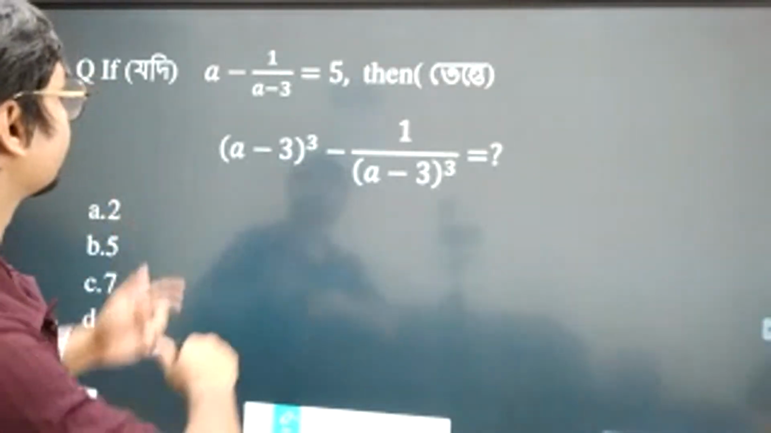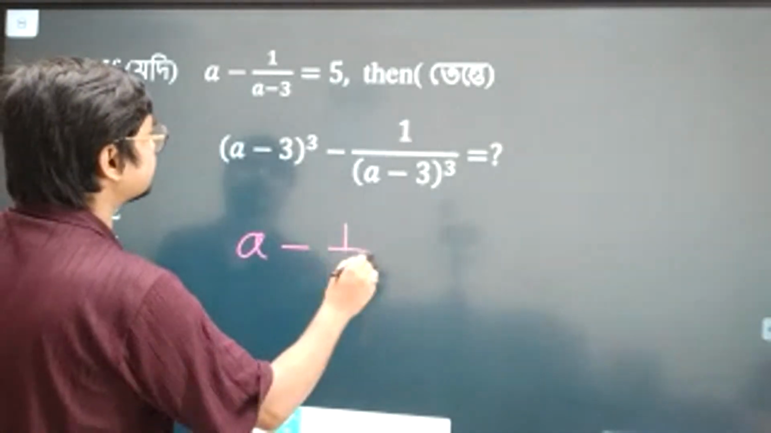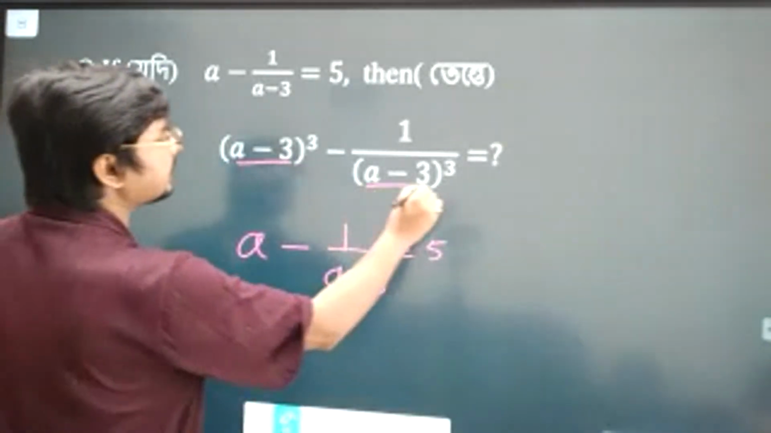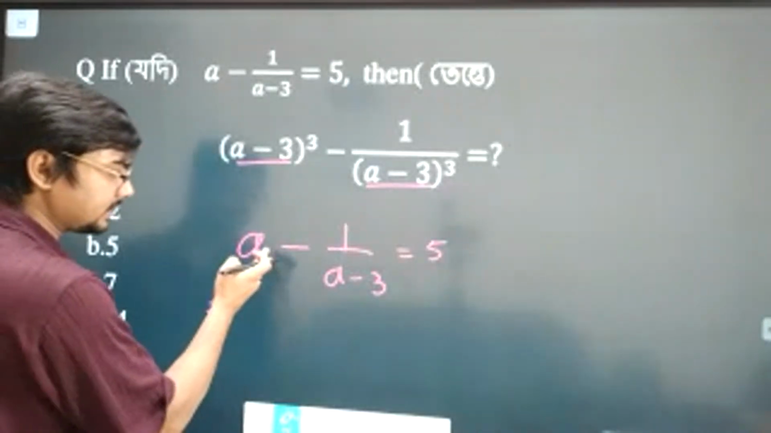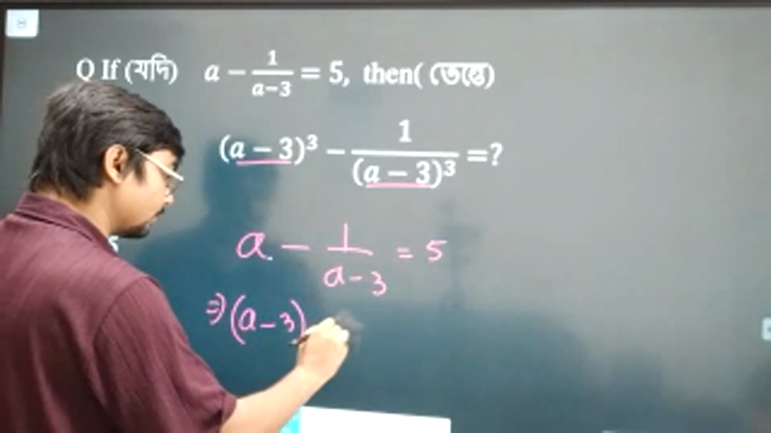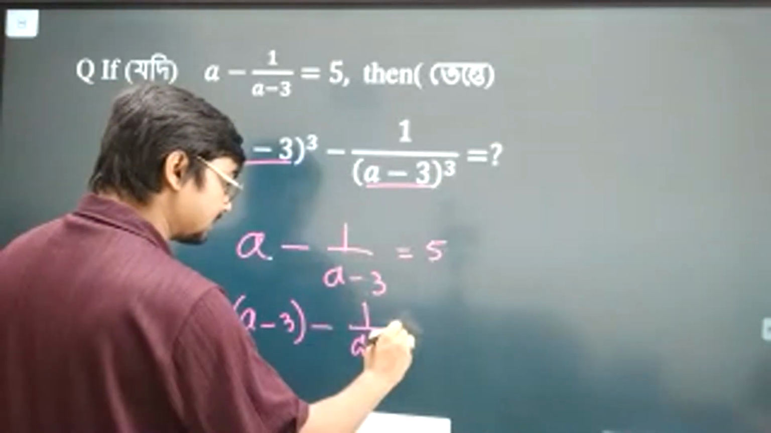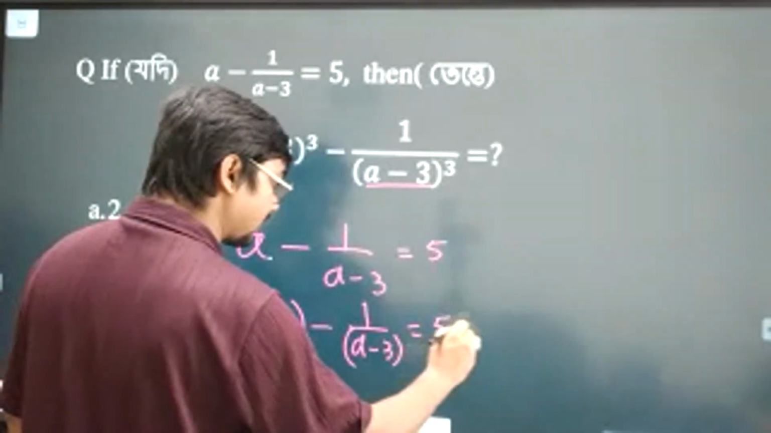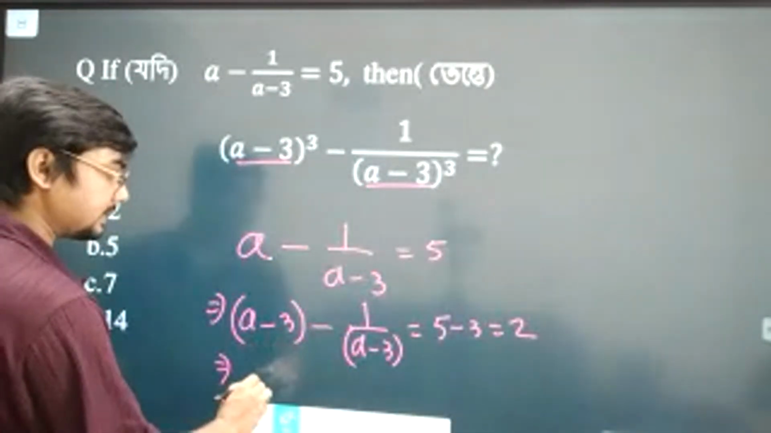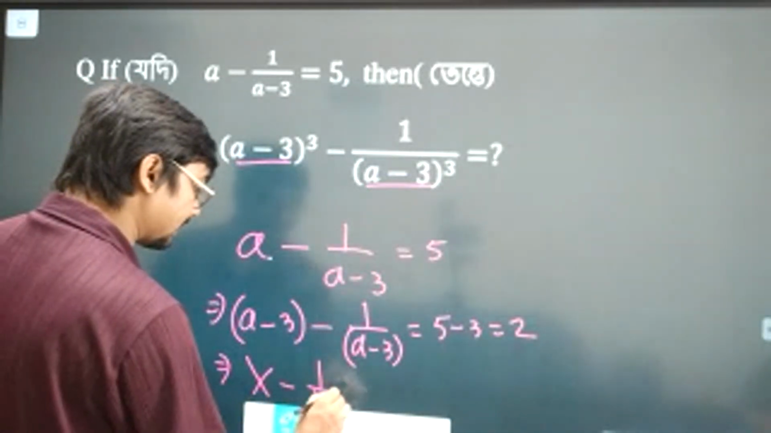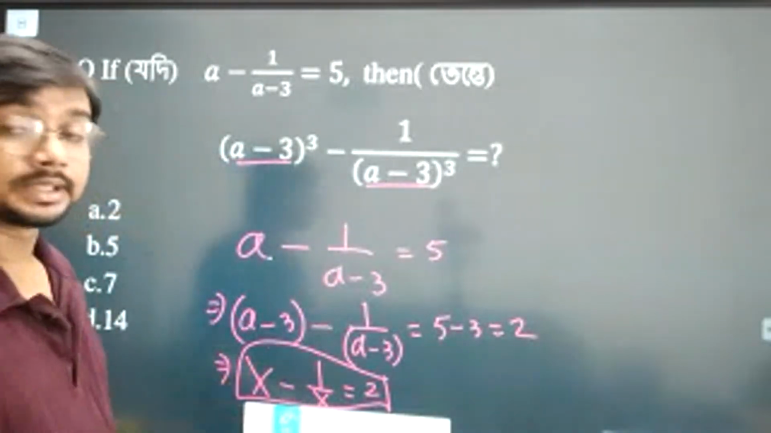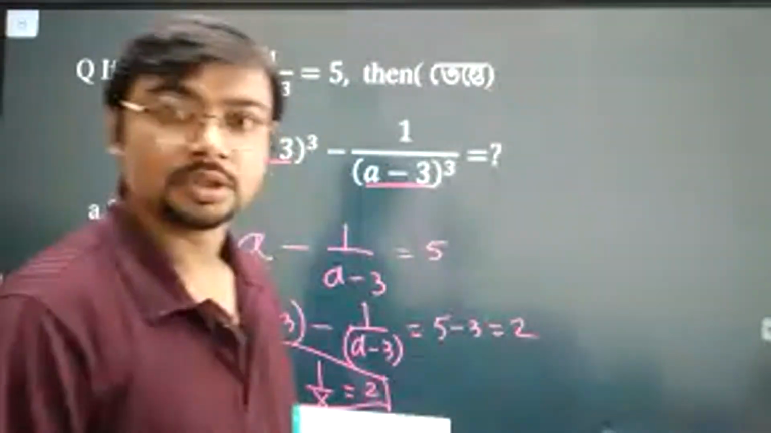Solve it and see. They provide here a plus 3 equal to 5. But here you see x minus 3, so here you just try to make it 3. So you subtract 3 on both sides. x minus 3 will be equal to 5 minus 3, and 5 minus 3 is 2. So finally what we see here is x minus 1 upon x is equal to 2. If this happens, x minus 1 upon x is 2, then